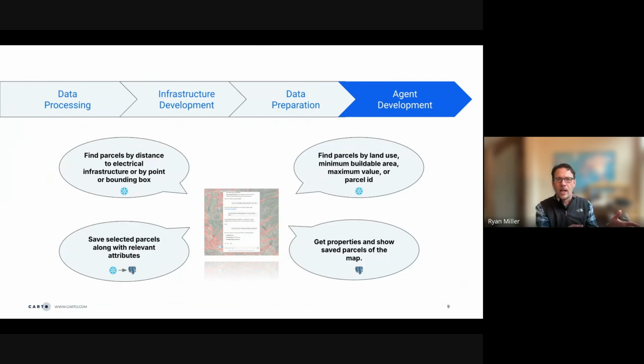And then once we have those in Postgres, the agent can interact with those parcel polygons inside of Postgres: give me a summary, give me details about individual parcels, show those on the map. All of those capabilities can happen inside of Builder.